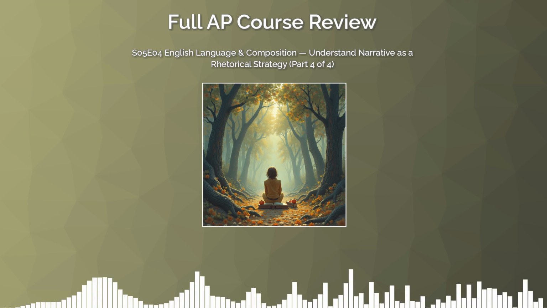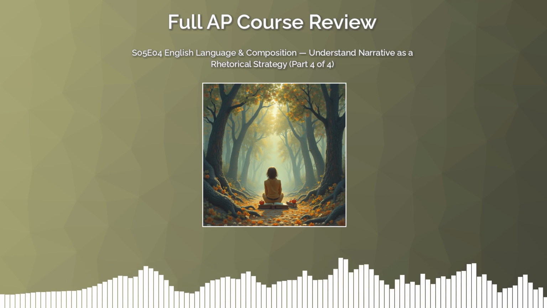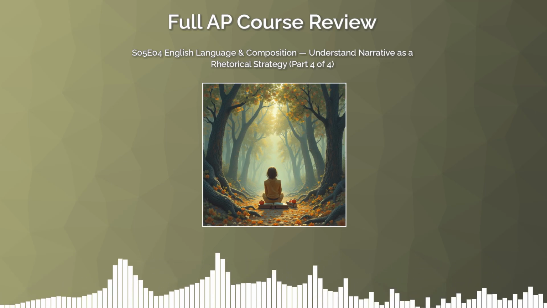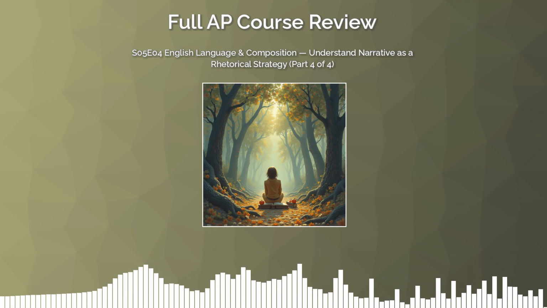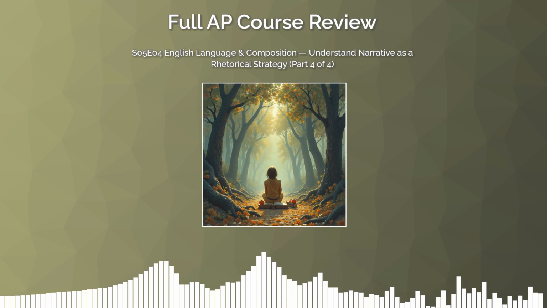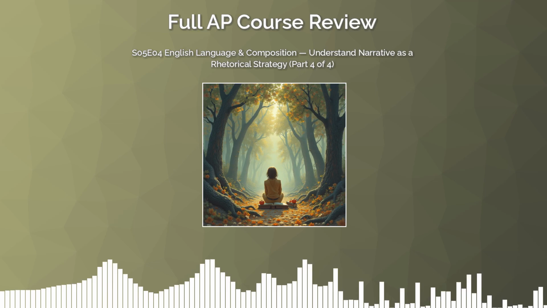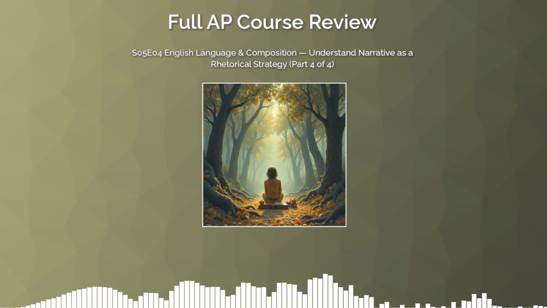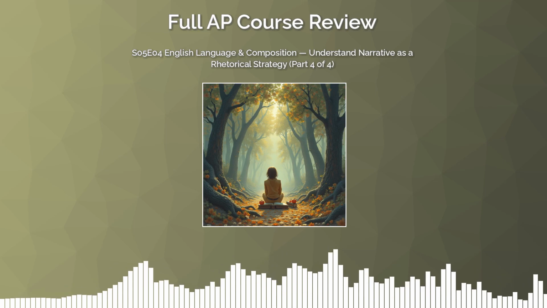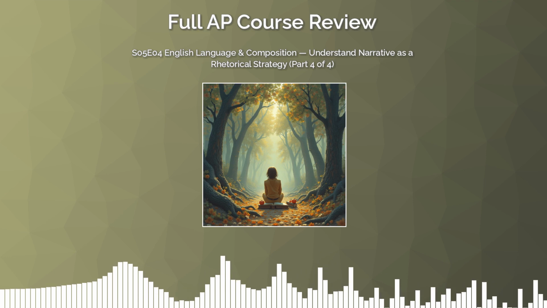Common traps and FRQ scoring notes. The most common MCQ trap is confusing the author's tone with the narrator's tone. These can be different, especially in ironic or satirical works. Always ask, is the narrator's attitude the one the author wants me to adopt, or is the author creating distance from the narrator for effect? A second frequent trap is mislabeling point of view when narrators address the audience. This is a rhetorical direct address, not a shift to second-person narration.